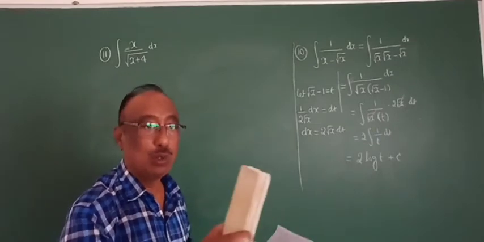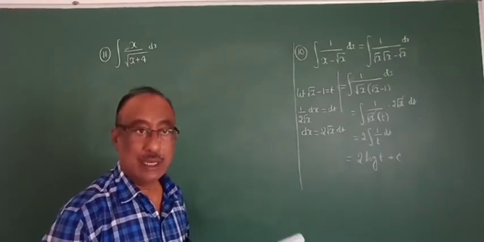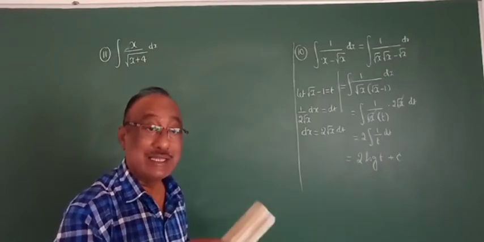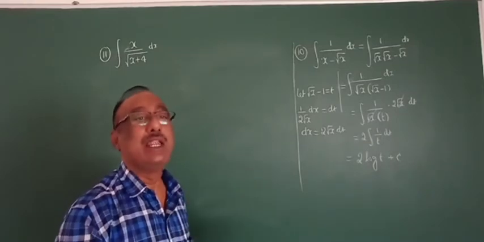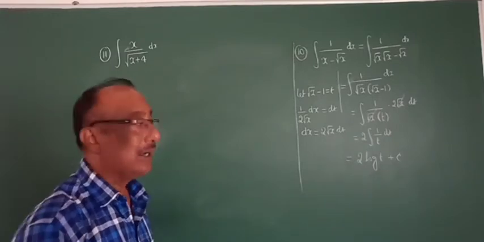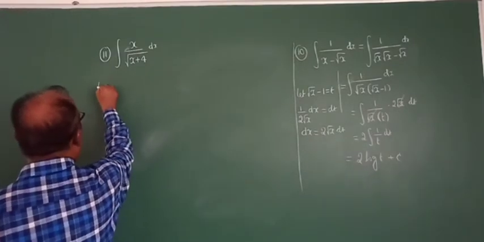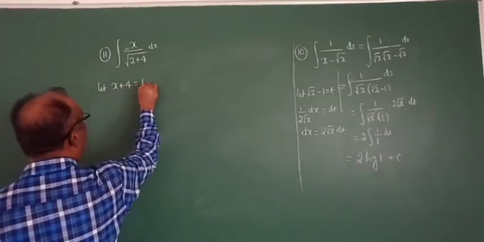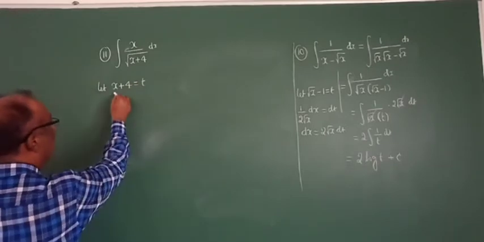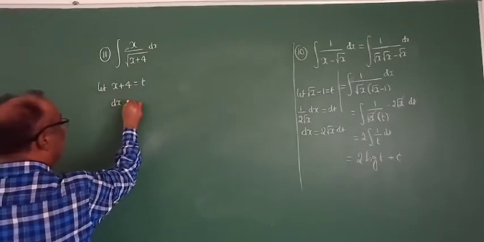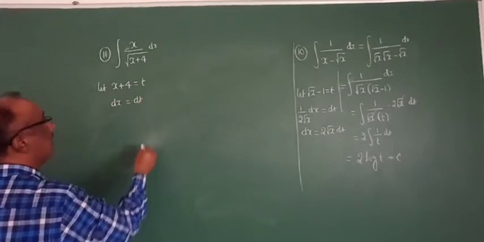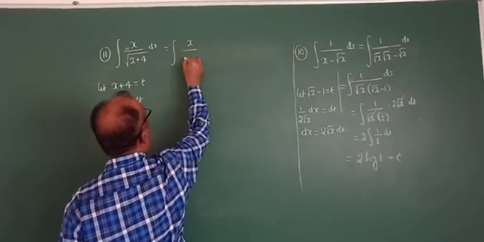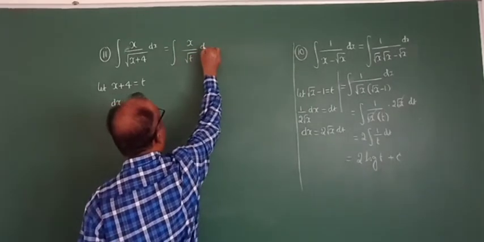First, integration u by v, no formula. Any formula for integration u by v? No formula. That's why the greatest, longest root function, let it be t. Simple. No u by v formula. The 1 itself is the dt. Write down integral of x by root t dx is the dt.